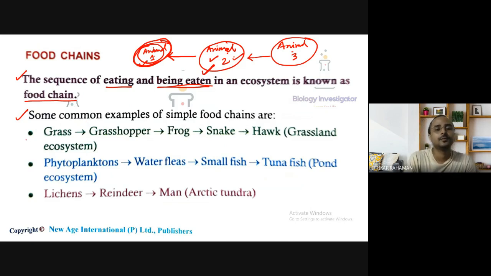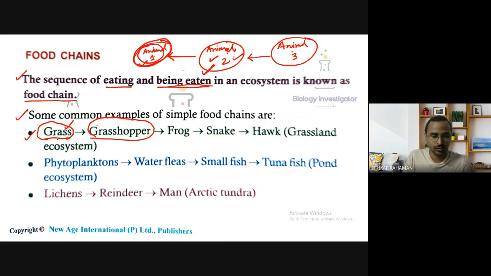First, grass. This is the producer. Grass is plant. It can produce food, as we have seen already, that plant can produce food. So grass can produce food, and if this grass is being eaten by grasshopper, if grasshopper eats this grass,